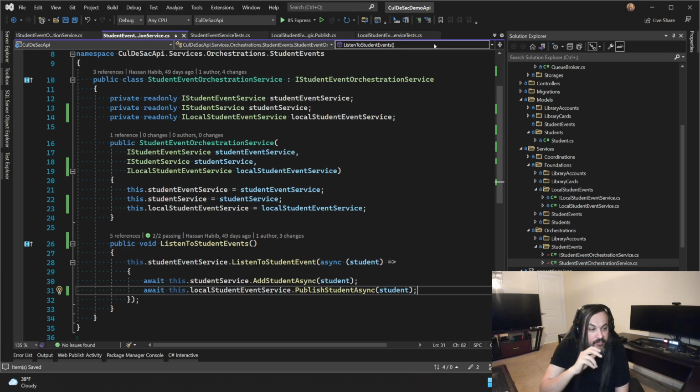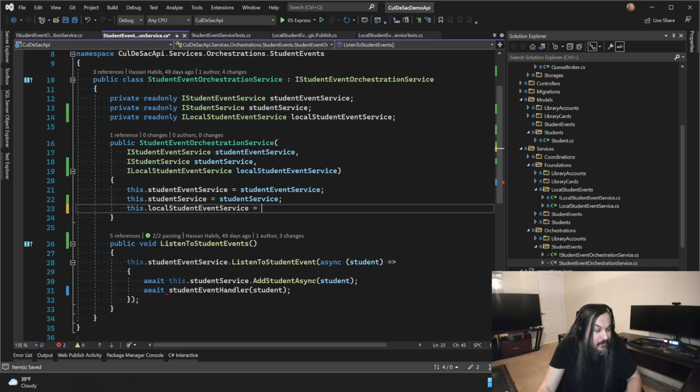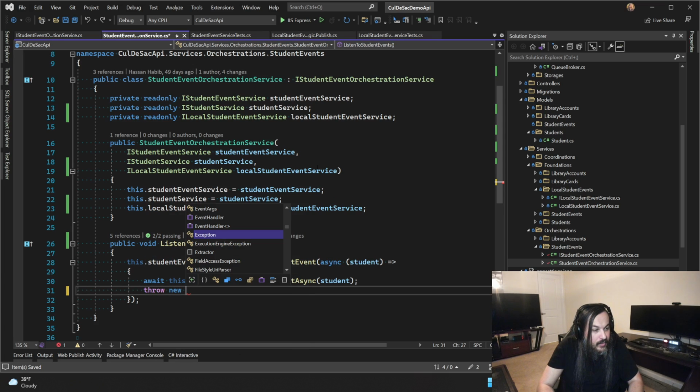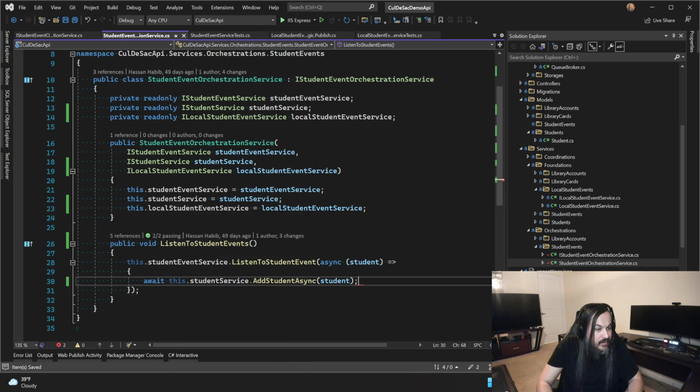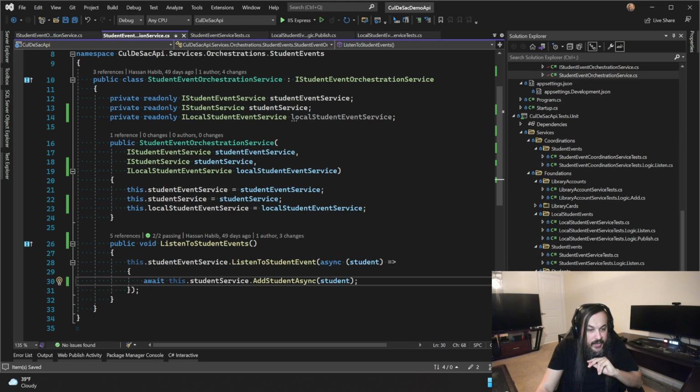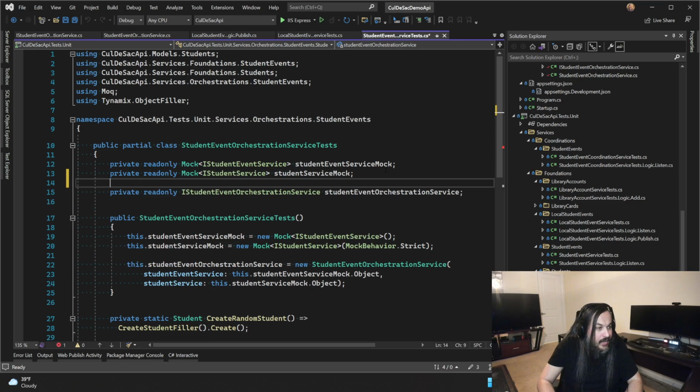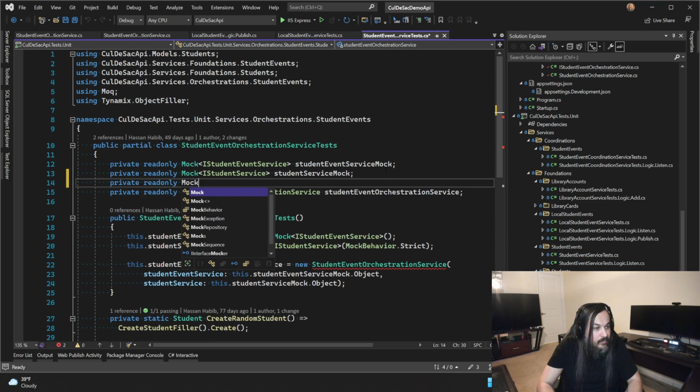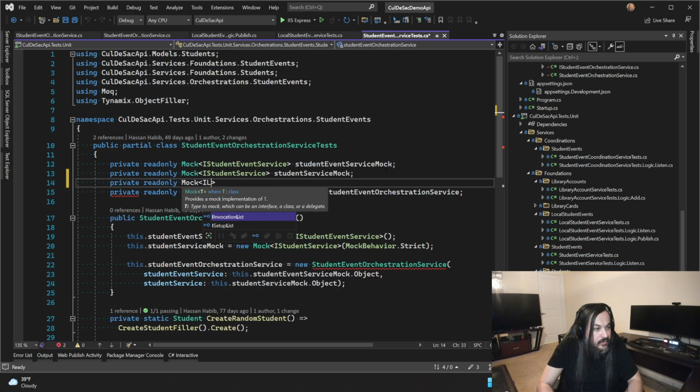Of course, we broke like 50,000 tests just by doing that. So let's go here, and we changed the signature. That's necessary, but I also want to show you that we want to leave this empty. How do you test drive this? You change your dependencies. So now I want to go to your orchestration service tests at the student events, and you also want to add in the right student events: a readonly mock local student event service.